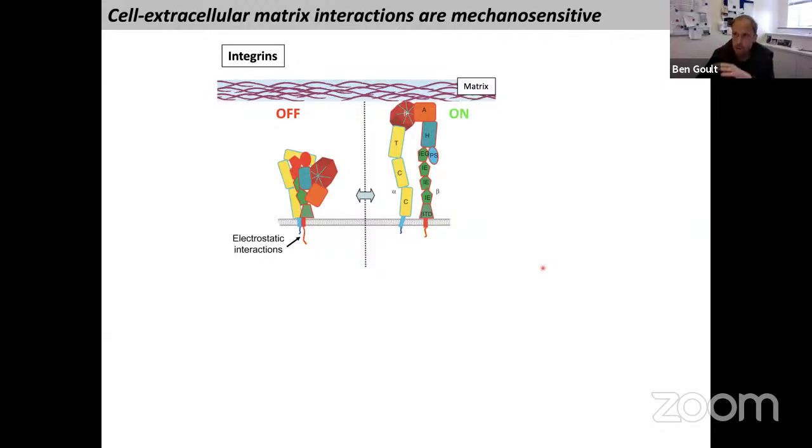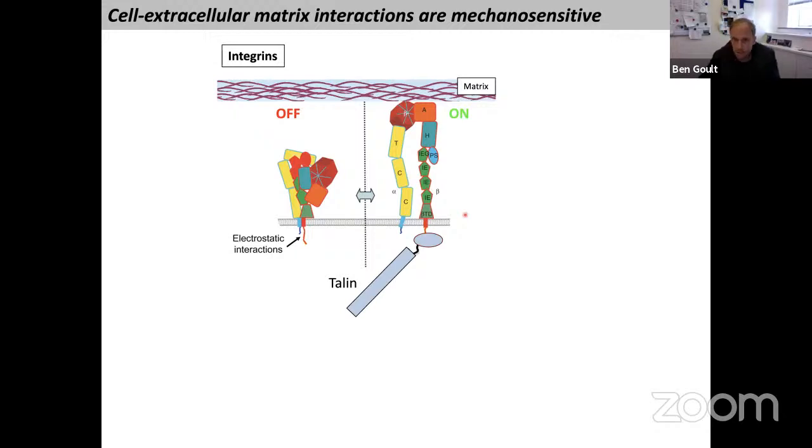And if we go into a little bit more detail, zooming in now on a single integrin receptor within that, then here's an integrin shown in two different states. It's got a closed conformation, and it can activate to make this open conformation where it will physically hold on to the extracellular matrix. So these different states have different affinity for the extracellular matrix. And the protein which we work on is talin, and that's what I'm going to talk about today.